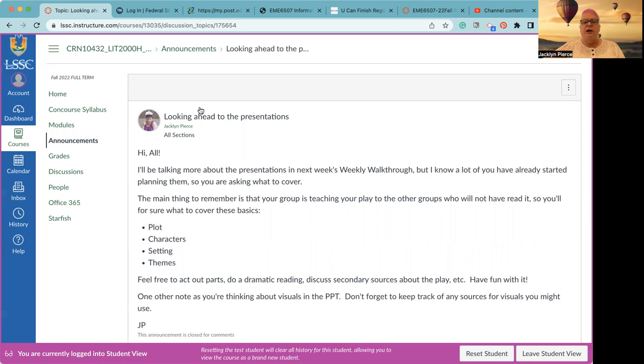A quick summary of that. You can focus on the conflict, you can focus on the climax of the action, but a little bit of an overview of what's happening in the play. Probably more importantly will be the characters. Setting is fairly the same for all 3, but the characters and the themes are probably where you're going to spend most of your time.